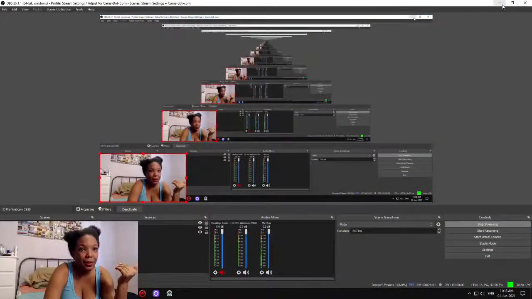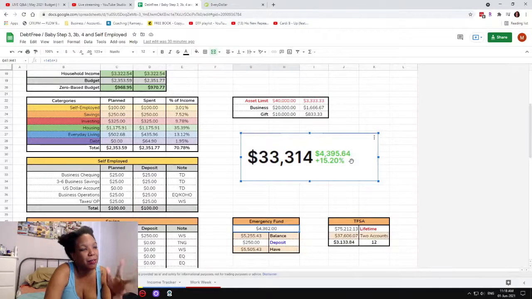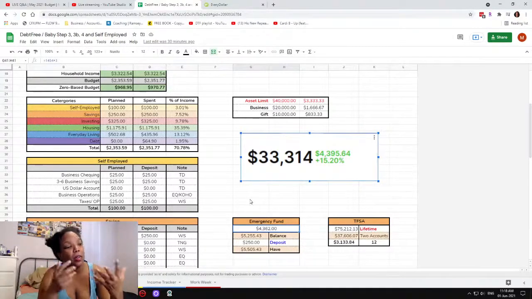Yeah, this is it. I remember I used to be so stressed out about it, and now I'm not, and it's wonderful. And, oh yeah, wait, hold on. One more thing. My net worth is $33,314. This is a screen capture from Wealthica. I'm using Wealthica to track my net worth. It does it automatically. It pulls my accounts. I go in and update my disability overpayment to keep track of it.